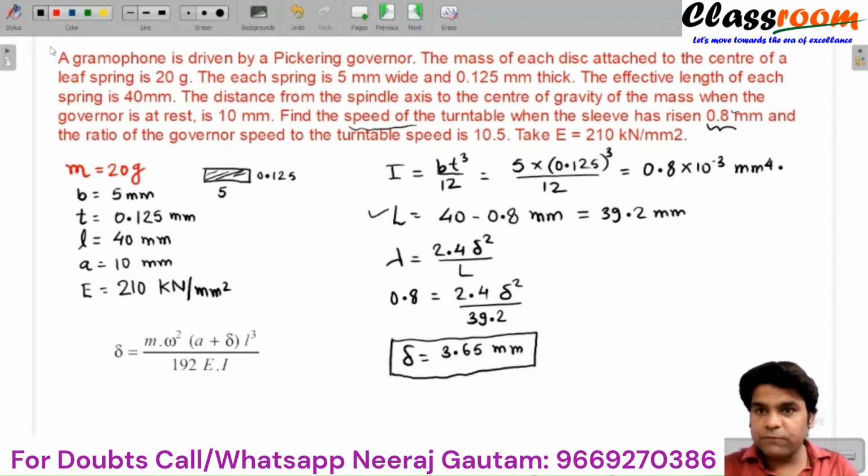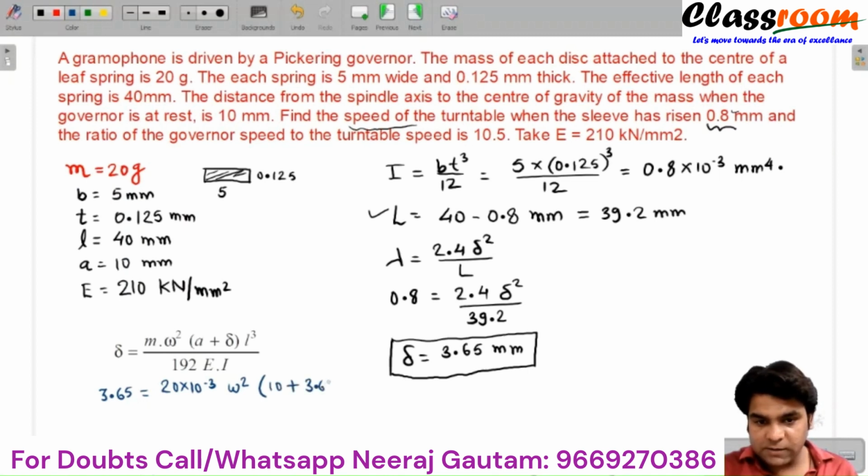If I substitute the values here, delta is 3.65, mass is 20 into 10 raised to minus 3, omega square the unknown, a is 10 mm and delta 3.65. We will use this length L